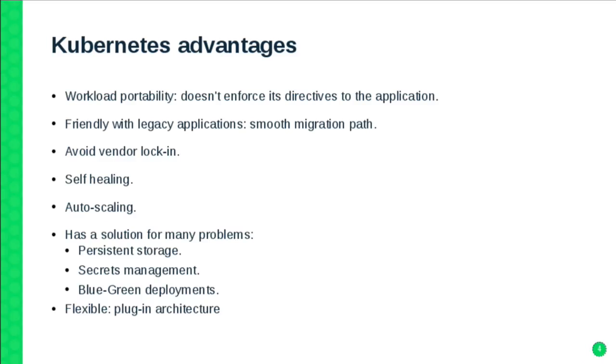Kubernetes also is friendly with legacy applications. So it's unreasonable to think that everyone is going to switch to microservices for now. You're still going to deal with applications which are not designed with this architecture in mind. And Kubernetes makes this transitioning easier because it's friendly with them. It's really open. There's no vendor lock-in. Once you are using Kubernetes, there are several different offerings for Kubernetes. So it's not vendor lock-in.